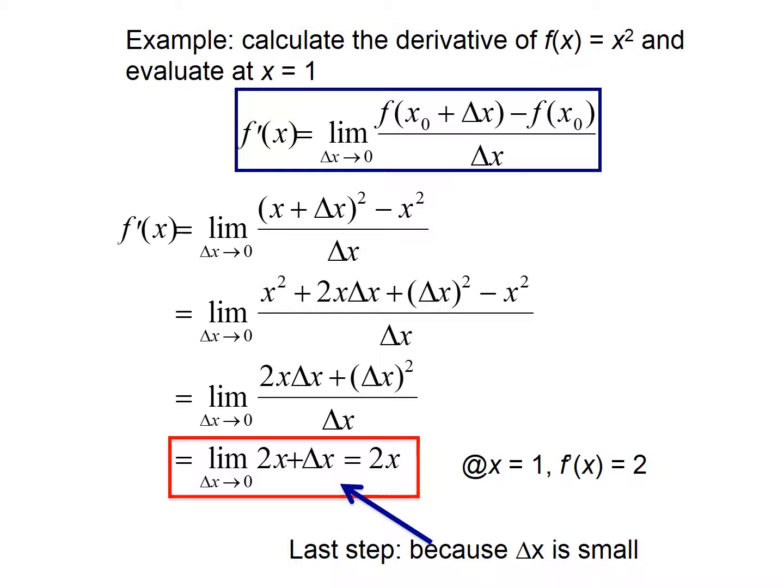Okay, so if we take this general limit theorem equation up there, we've got to put some stuff into that equation. First of all, we've got the function of x plus a little bit, and we've got the function of x at any point, but without a little bit added, divided by the small change in x. So if we then apply our actual equation for the line that we're looking for to these values,